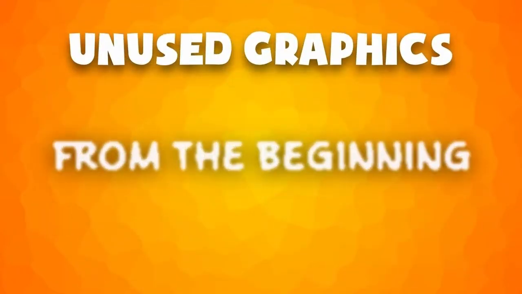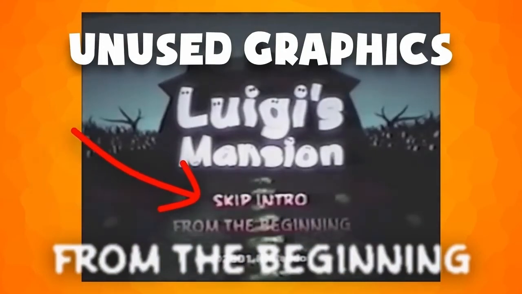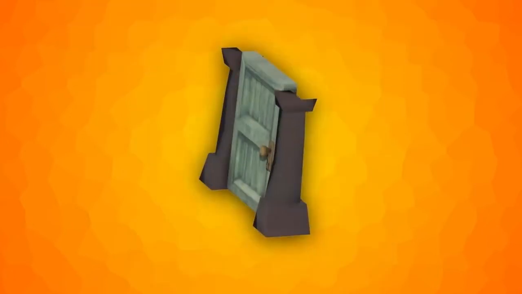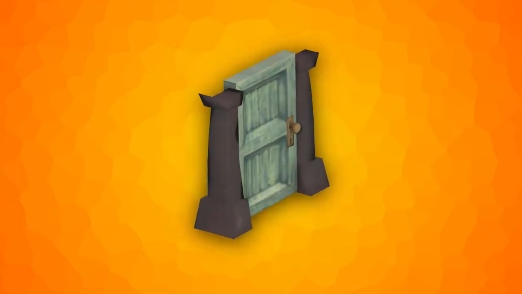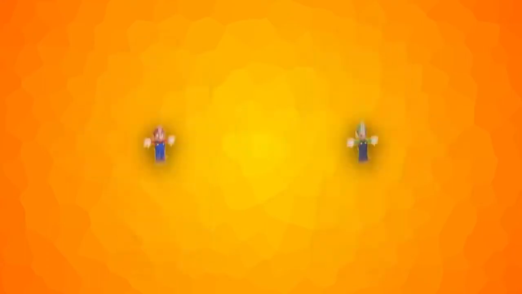The "From the Beginning" text from the E3 2001 demo was left in the files, but the skip intro button has been lost. The models for the doors in the opening cutscene have a texture for Luigi's hand, which is never seen. Speaking of doors, there's an unused model for a door with an art style that's different from the game's. Other unused models include a tall version of Mario with Luigi's proportions and...